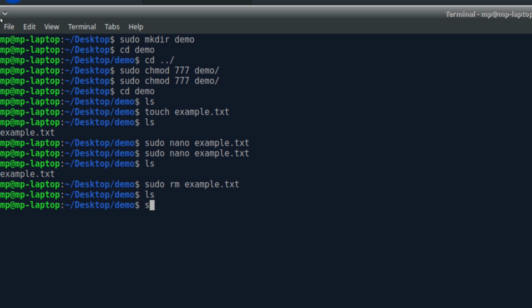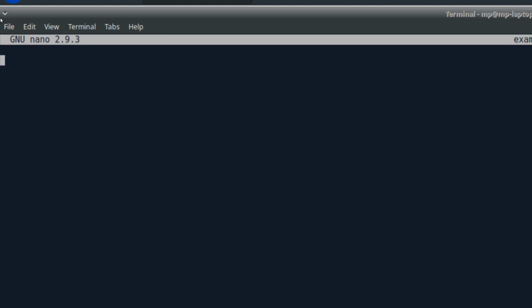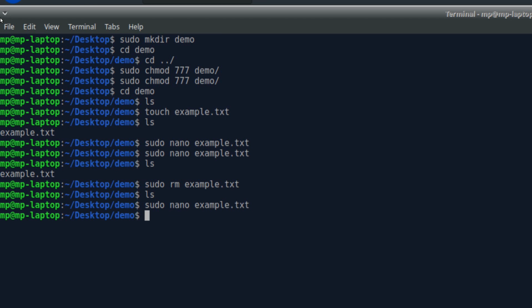Next is the cp command, and the cd command. So if I create one more file here, and write something, suppose a message for you guys. Yeah, that's correct. So we'll save that, Ctrl X, Y. So if you see, that file is created. Suppose I want to move that file to my desktop directory. How do I do that? I'll use the cp command for that.